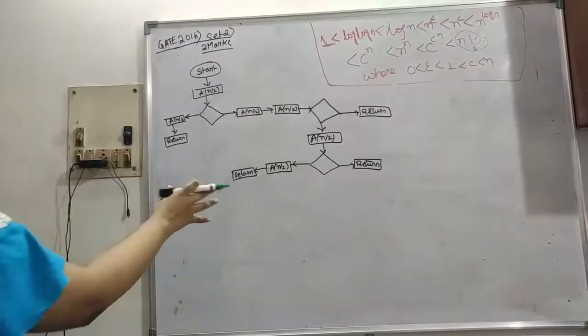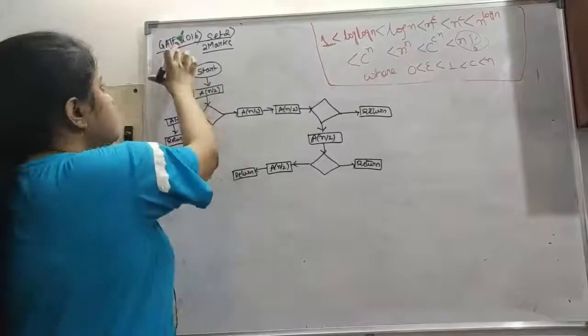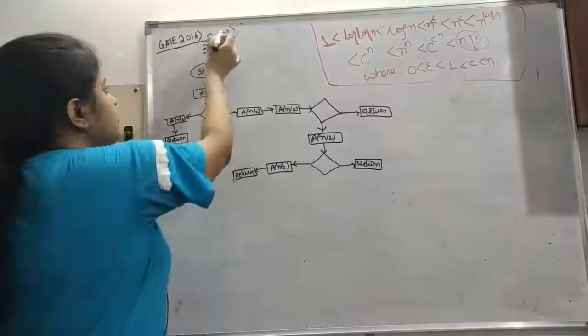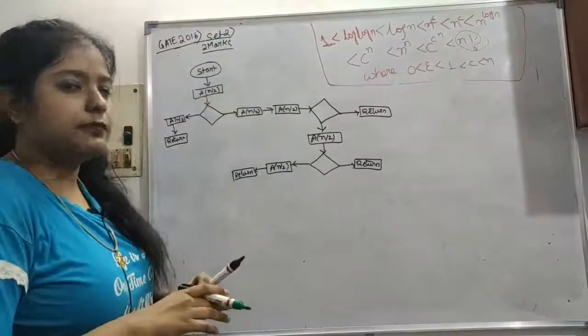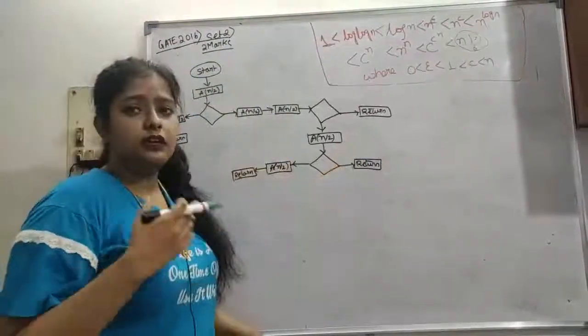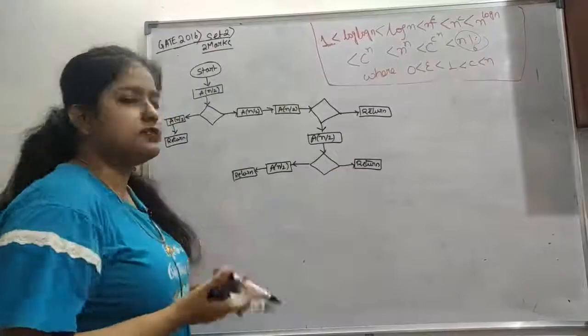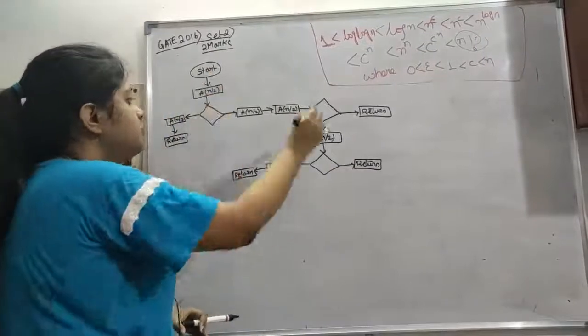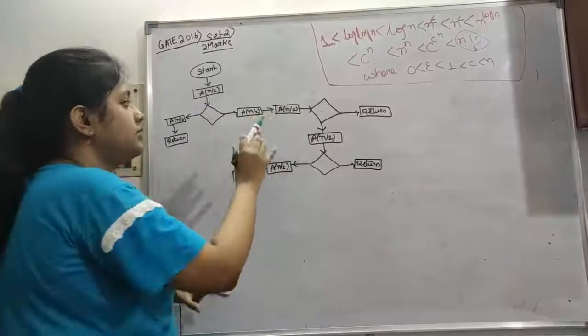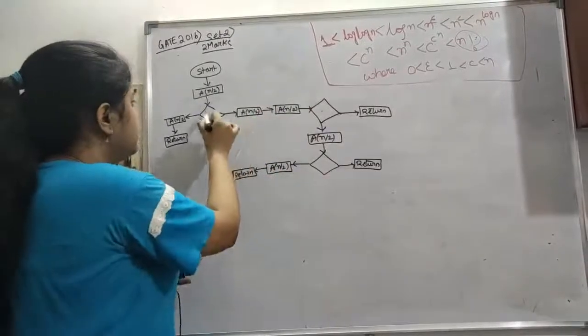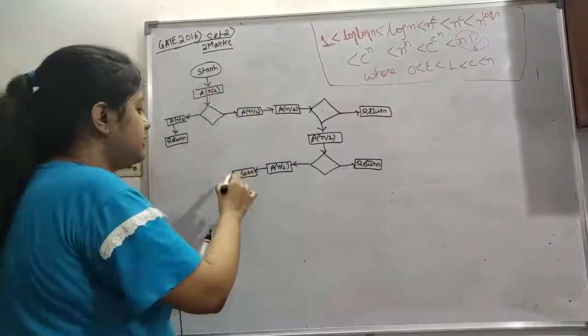This is our next question. This was asked in GATE 2016, a 2-mark question. Before this flowchart was given, there was a statement which just says what the flowchart means. So here you know that this is a flowchart. These are the decision boxes, these are the statements and the condition statements, this is the start, and this is the ending point.